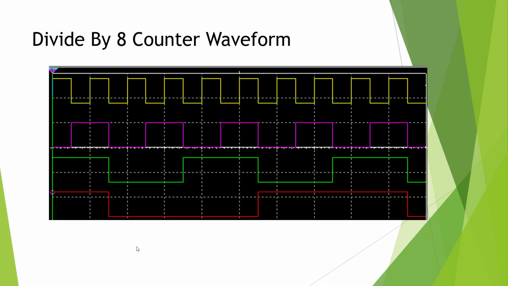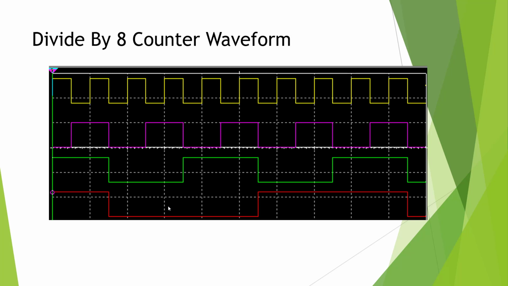Here's the waveform of the divide by 8 counter. We're going to ignore this waveform because that's the clock. And we're going to start here. This is a negative edge trigger, so it's zeroed out here. So we have 0, 0, 0,